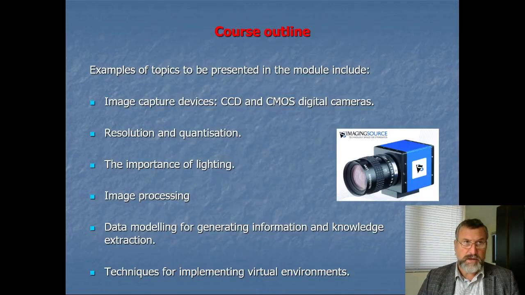So looking now at what we've got with this course, the kind of things we're going to talk about are image capture devices like CCD cameras and CMOS digital cameras. Then we'll look at the resolution and quantization. We put quite a lot of emphasis on the importance of lighting, and I talk about image processing, and then data modeling for generating information and knowledge extraction. Techniques for implementing